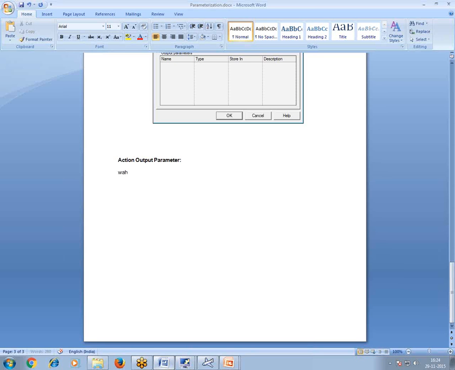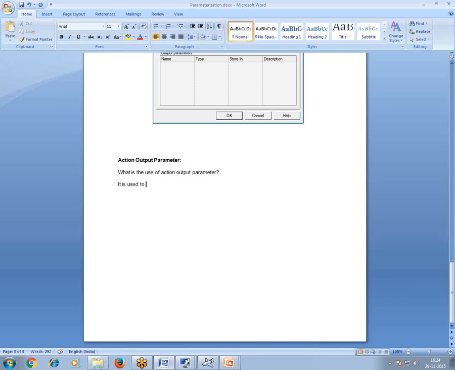What is the use of the action output parameter? It is a simple question and it can be asked. The answer is it is used